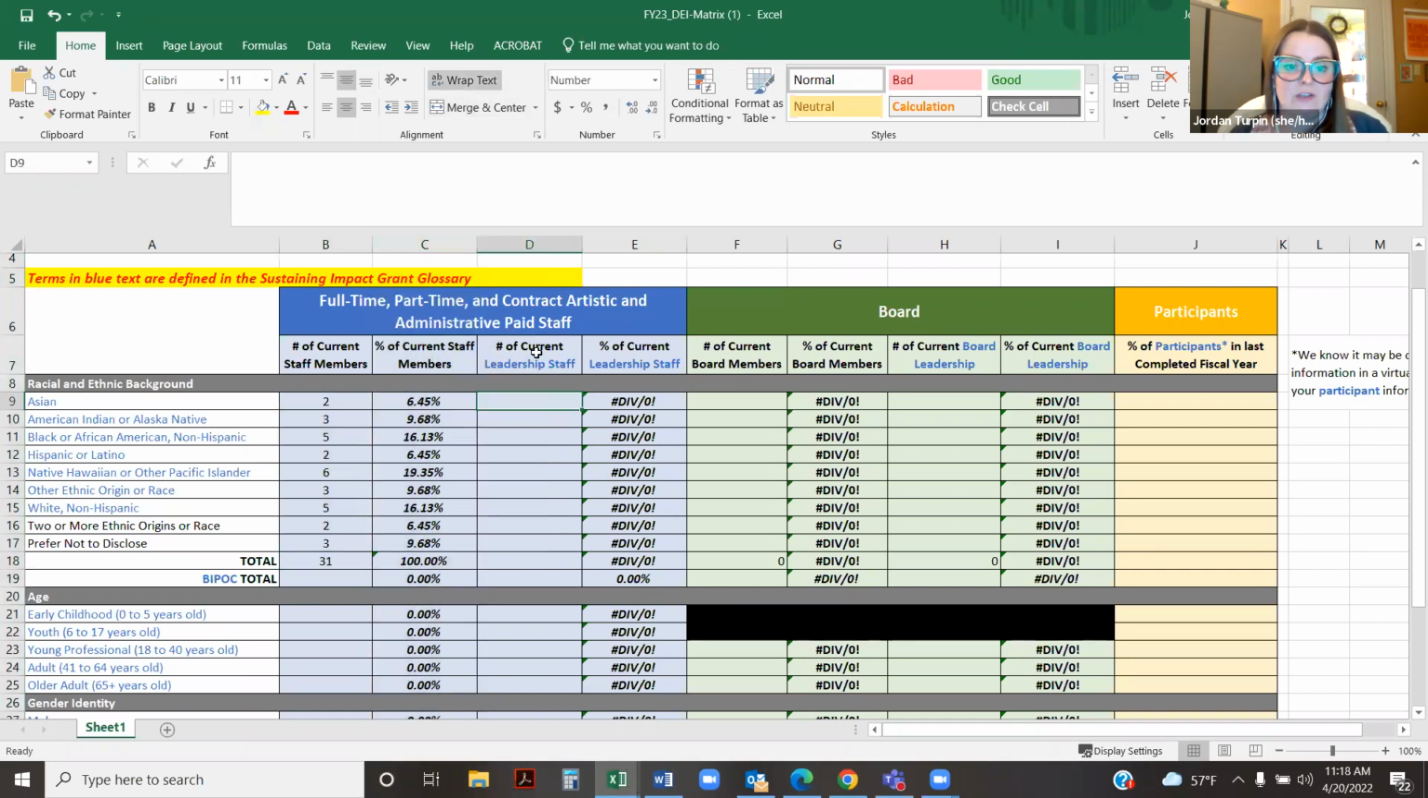Column D is specifically about your leadership. So column B was everybody. Column D is just your leadership team. So I'm just, again, for the sake of example,